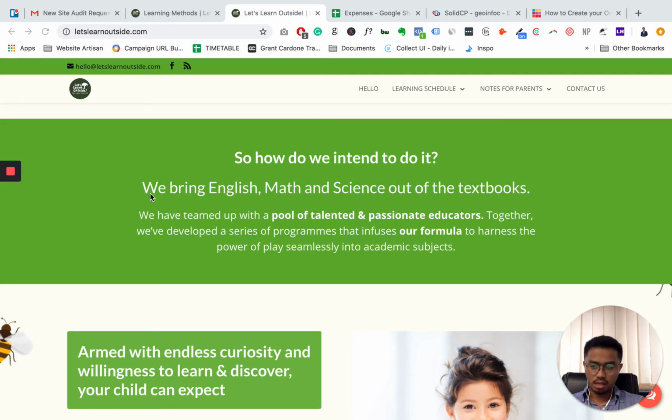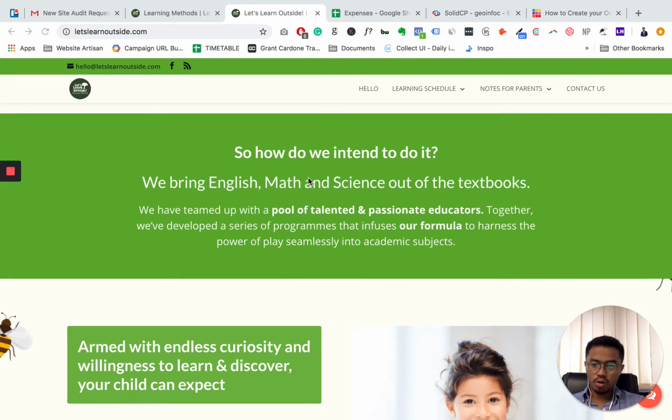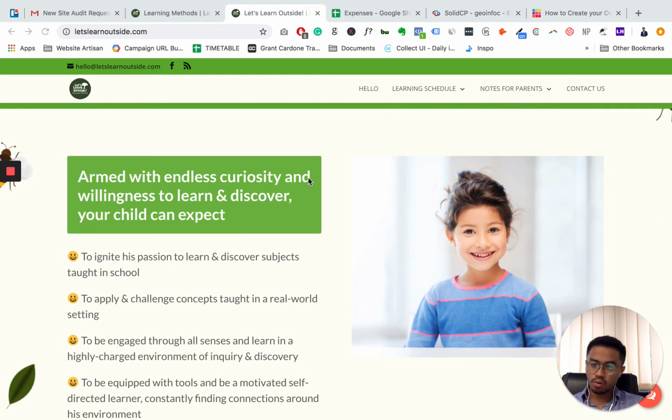Yes, the thing that you're trying to do is bring English, math, and science out of the textbook, but the vehicle here is what you can call LLO programs. It's an outdoor experiential program where we've teamed up with a pool of talented people to develop a series of programs that infuses our formula to harness the power of play seamlessly into academic subjects. So you put a video of LLO,